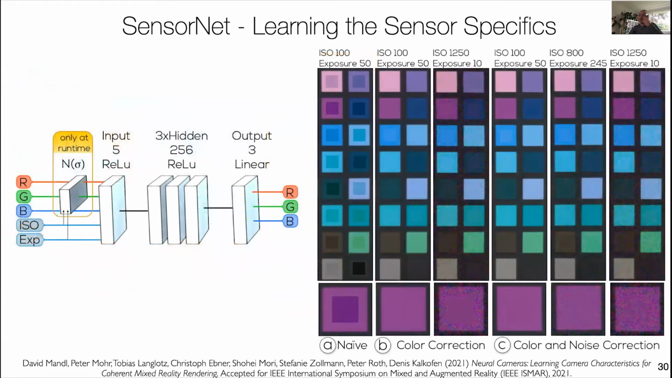Similarly, we had another network that we trained, and at the end, it was mapping input RGB values together with an ISO and an exposure to output RGB values that were exhibiting certain color characteristics of that sensor, as well as the same noise. And some results of that is what you see on the right-hand side. So the first one is what we naive